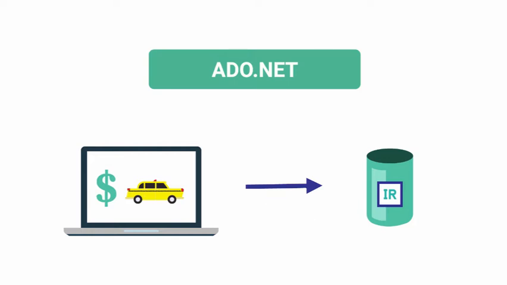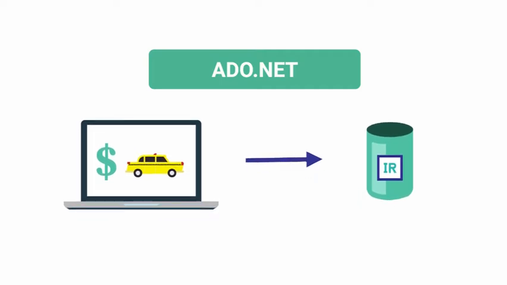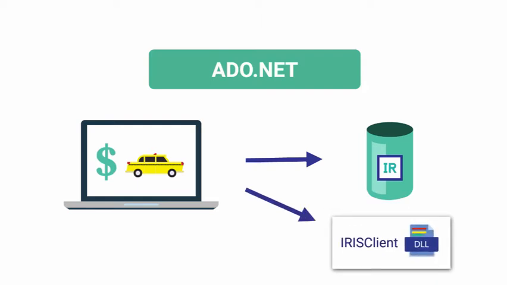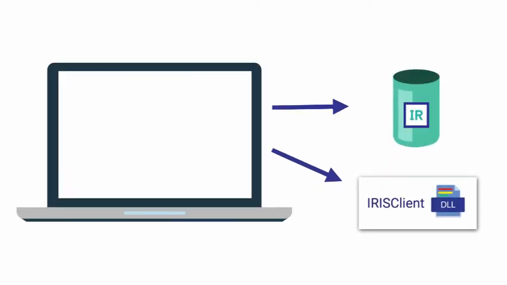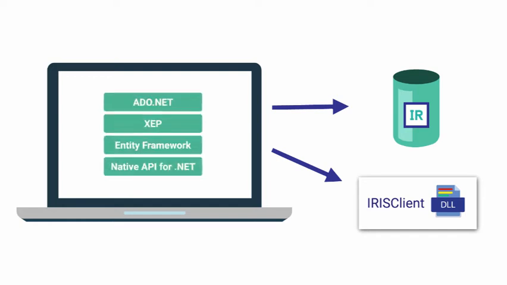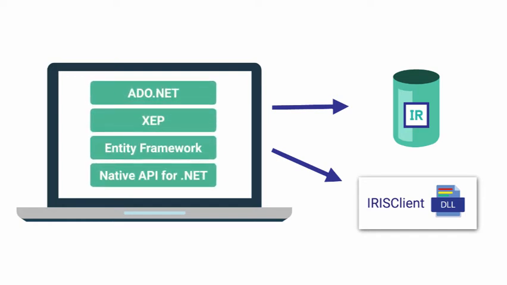Connecting via ADO.NET is very simple, especially if you are already familiar with the technology. All that is required is for your application to be able to reference the intersystems.data.irisclient.dll file included in the installation directory of InterSystems Iris. Additionally, it is important to note that the other 3 .NET APIs all use the underlying connection protocol of ADO.NET, meaning that all 4 APIs can be used side by side in your application without setting up entirely new connections.